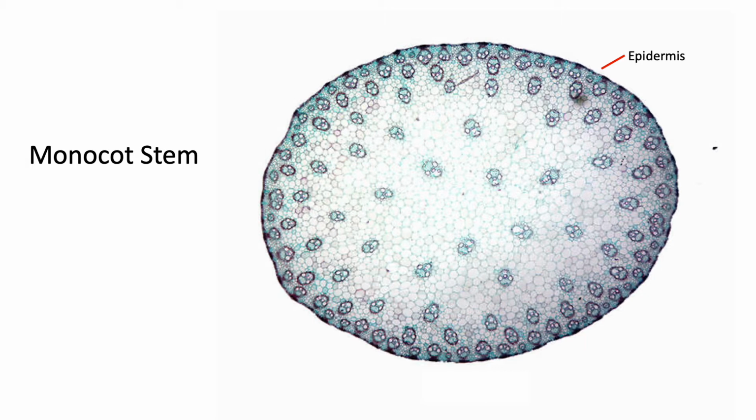Now, throughout the whole stem itself, you have the vascular bundles. The vascular bundles are there as the support, so they run the whole length of the stem and are there to help add structure to the stem itself. We're going to go into a little bit more detail in just a minute. Surrounding all of the vascular bundles is the parenchyma. The parenchyma is there to help add a little bit of structure and allow for the spreading out of the